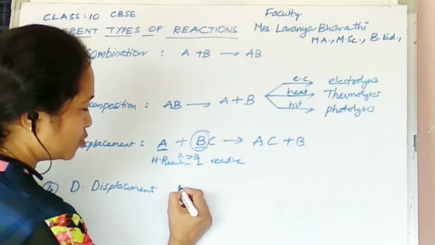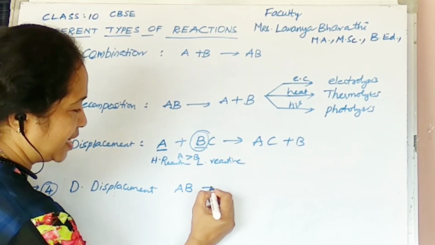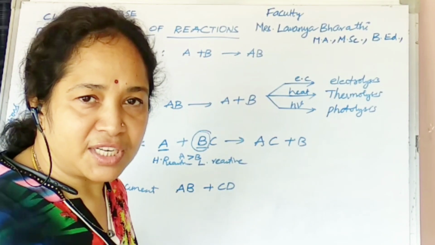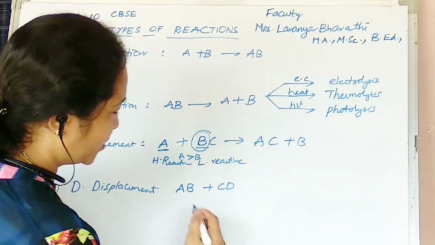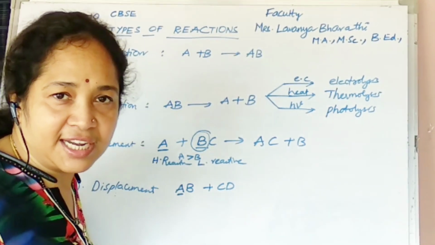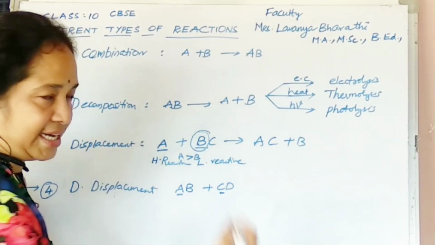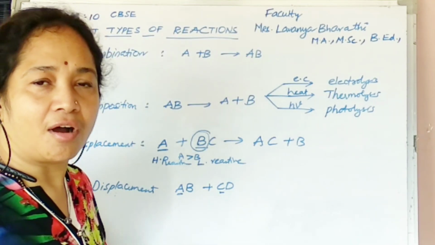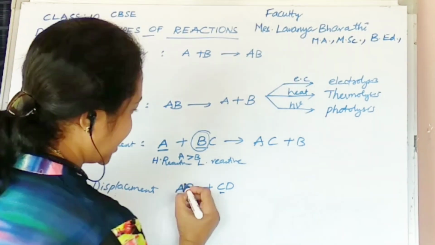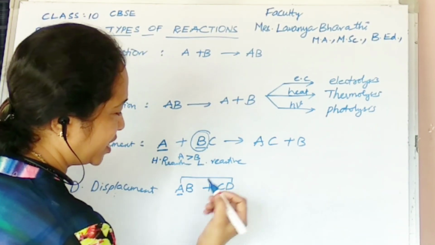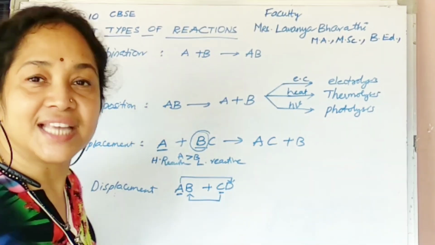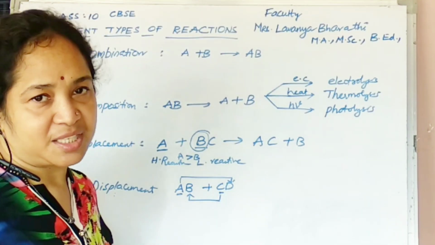Now here I am taking 2 different salts, AB as well as CD. See here I took 2 different salts AB, CD, and you know that A is the cation in this case and C is the cation in the second salt. Now what is happening? Exchange of these ions takes place. That is, A comes in contact with D and C comes in contact with B. This is what is happening in a double displacement reaction.